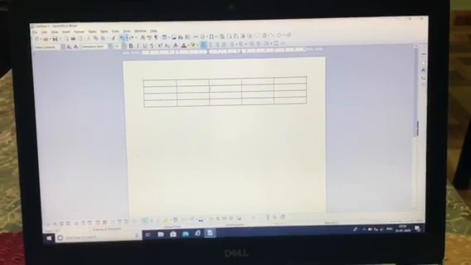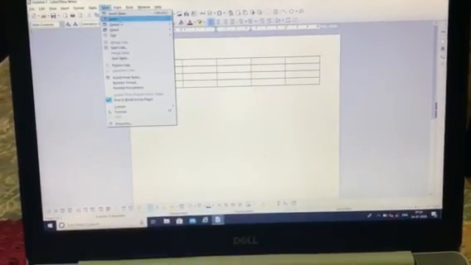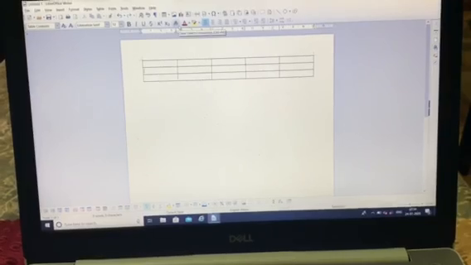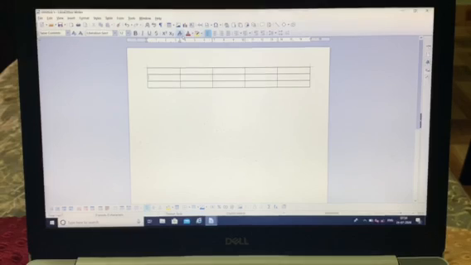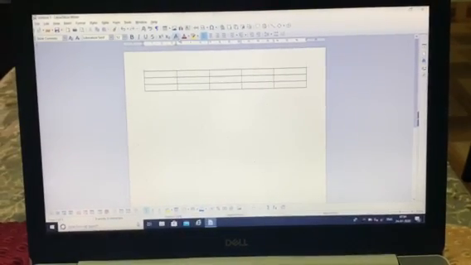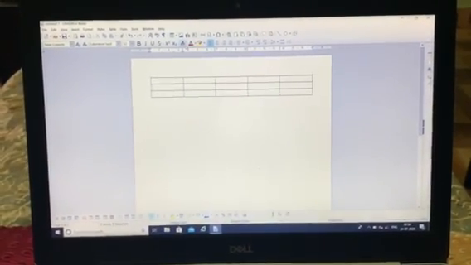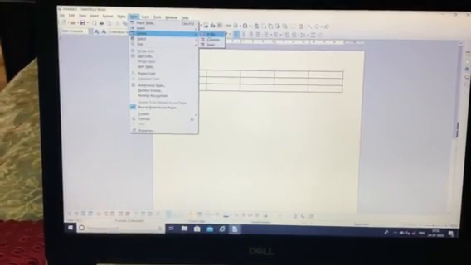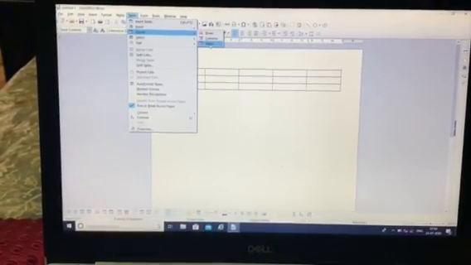Now to delete particular rows or columns from the table, you can go to delete and then that particular row where my cursor was is deleted. Similarly, you can delete the columns also. Now if you delete a cell, choose an option in the delete cells dialog box that is shown. So if I want to delete any cell, I can delete the row, the column, or the complete table itself. Fine.